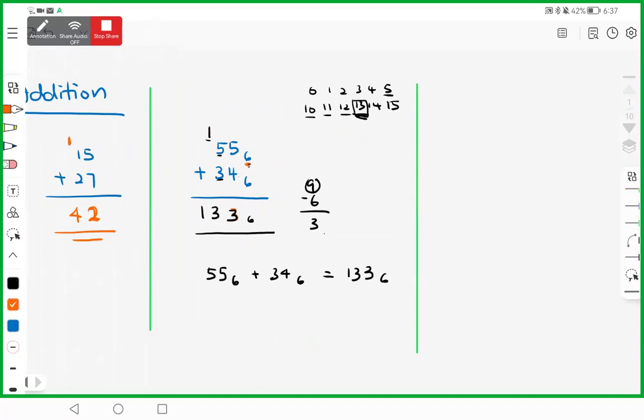Yes, you have to learn from base 2 to base 10. Base 10 you know already. So base 9. Okay. So what about this in base 5? 4 plus 4 supposedly is 8. But we cannot write 8, it's base 5. 0, 1, 2, 3, 4, 10, 11, 12, 13. Okay, so 4 plus 4 in base 5 will be